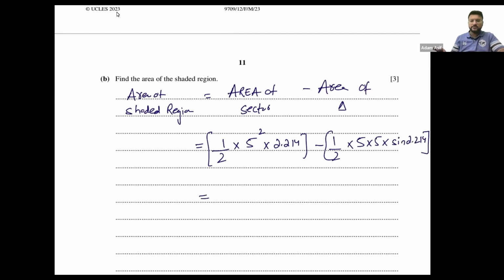Difference calculate करें इसका. 27.63 minus 10.03. 17.6 आगे 6 एग्जैक्टली आ रहा था, 27.63 माइनस 10.03, ओके 17.6 ठीक है, सेंटीमीटर स्क्वायर। अगर राउंडिंग एरर नहीं है तो 17.6 करेक्ट है।